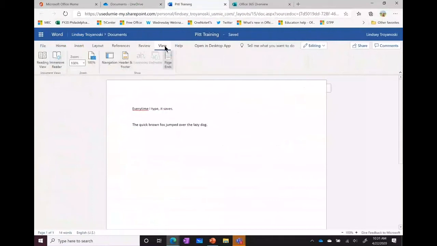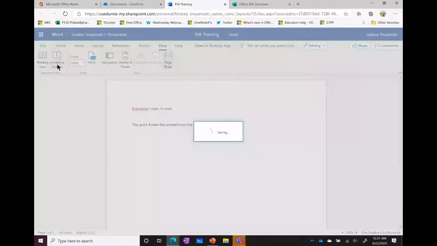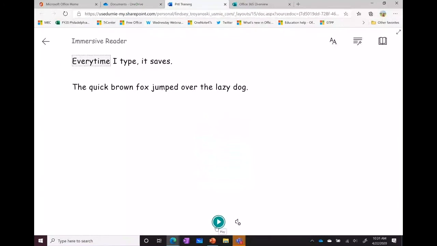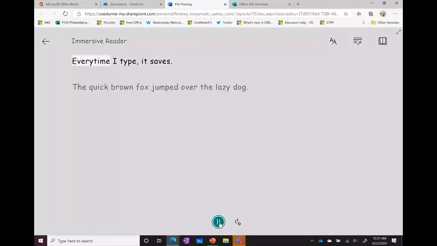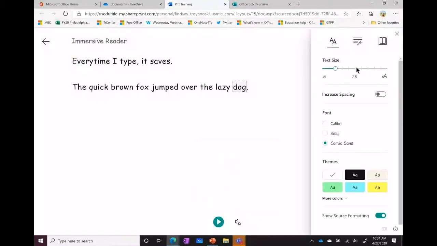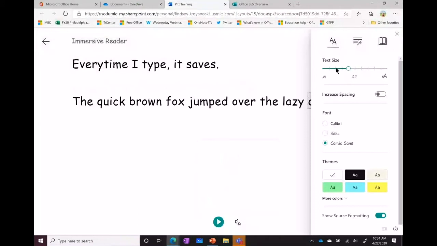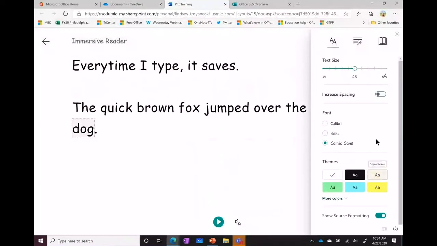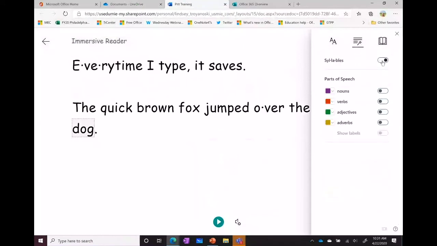So in the View menu of Word Online, we actually have something called Immersive Reader that brings accessibility right into Word. So it actually allows me to play this aloud. And you can tell it's highlighting as it's reading. I also have voice settings here, faster, slower, male or female. Up here in the top corner, I have different preferences for text sizing, spacing, fonts, themes. I also have separating by syllables,